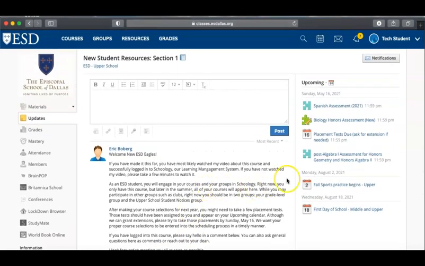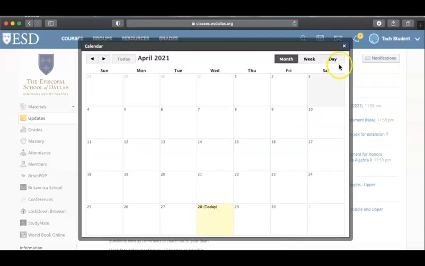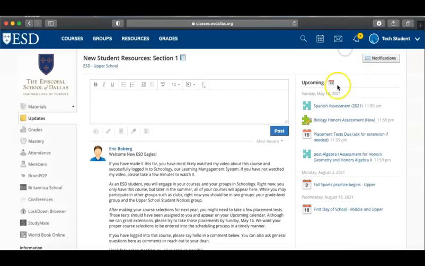Now, just like all of your courses, you'll have a stream of assignments that are upcoming. This student has been assigned biology, Spanish, post-algebra 1, whatever placement tests, if you have them, would be in their stream of upcoming. Now, we'll talk more about the calendar for each course at orientation, but this is where your teacher will post your homework. So that's how you get to see that, is by clicking on the icon calendar,